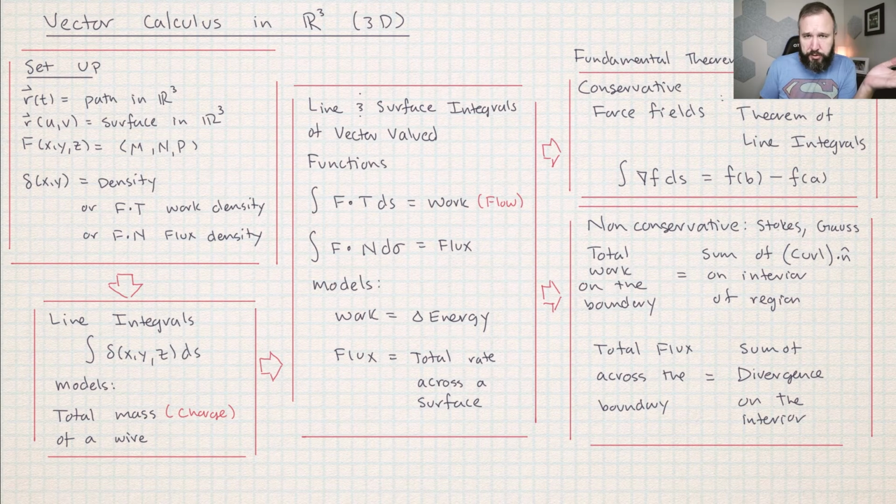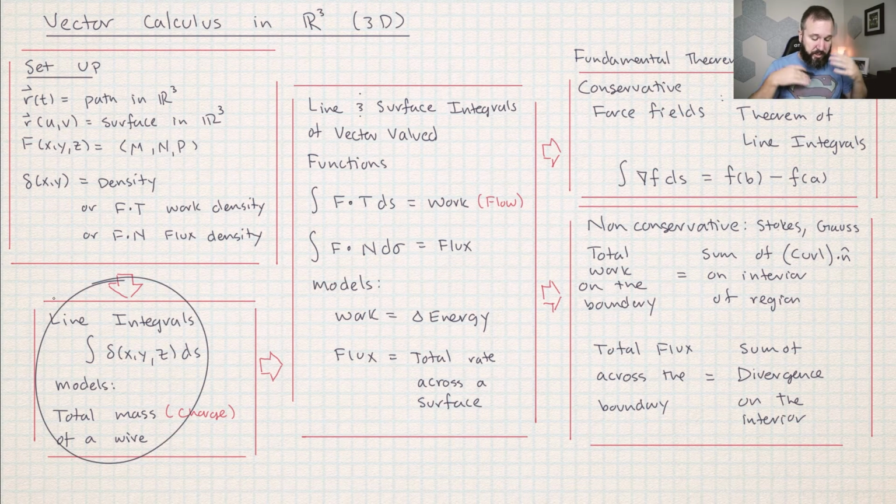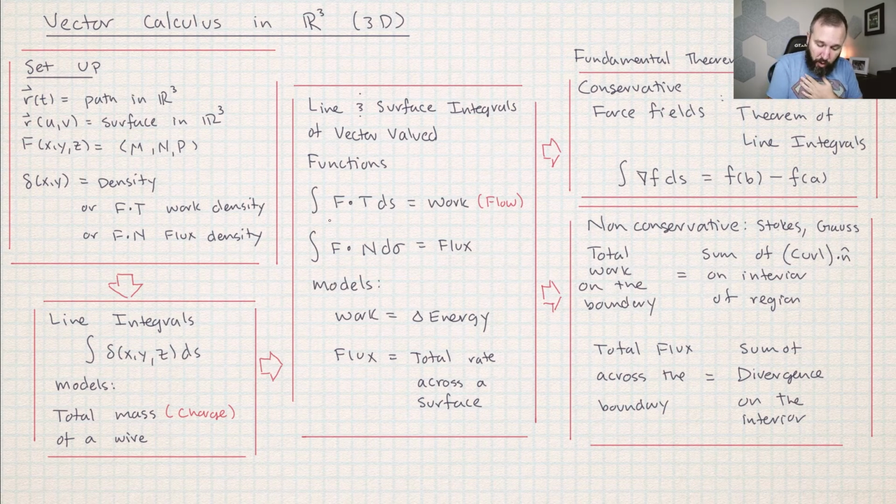And then, line integrals of scalar functions are the same in 3D and 2D, except in 2D, your wire would be stuck in the XY plane, and in 3D, the wire could be moving anywhere in 3-dimensional space. So the model is the same. This is still a line integral of density, and it's still going to give you the total mass or the total charge of a wire. Okay, so the 3D and 2D similarities continue. When you are calculating work or flow, it's the same in 2D and 3D, except you just have an extra coordinate. But flux is different in 2D and 3D because now you're not talking about just like a satellite image,